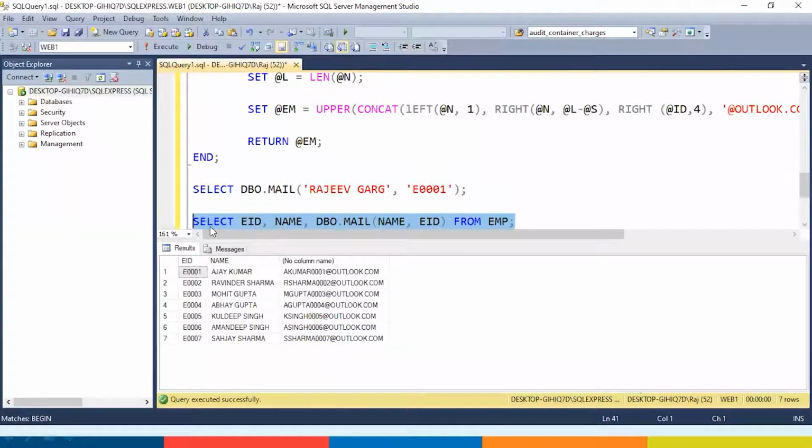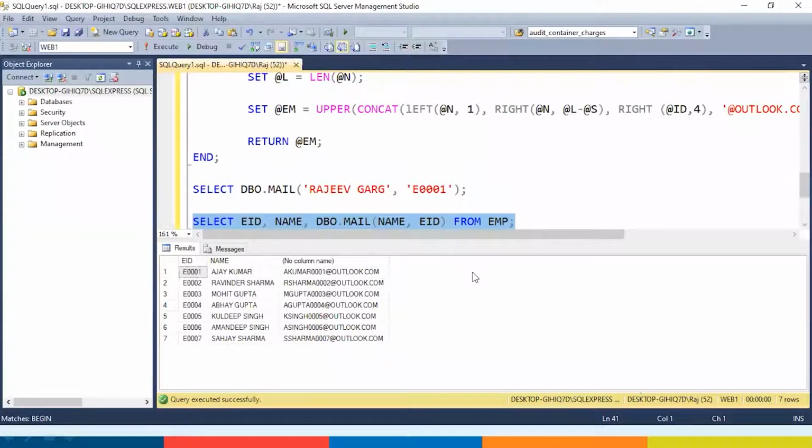So you can see I'm getting the details over here. The IDs have been generated over here.